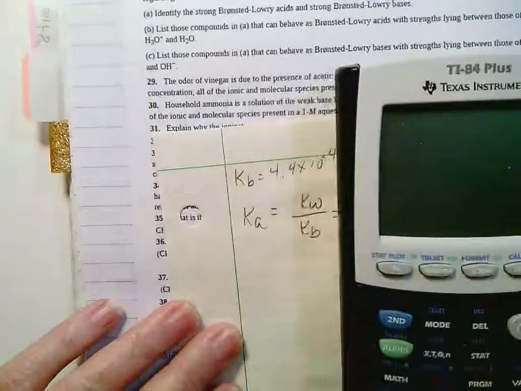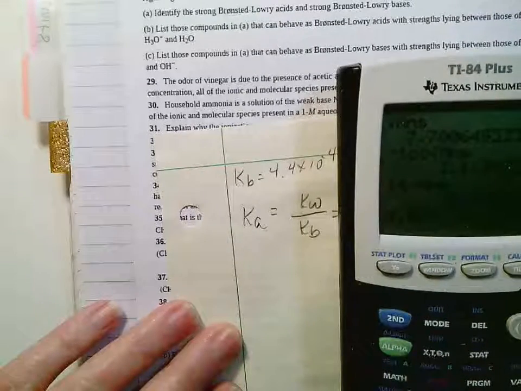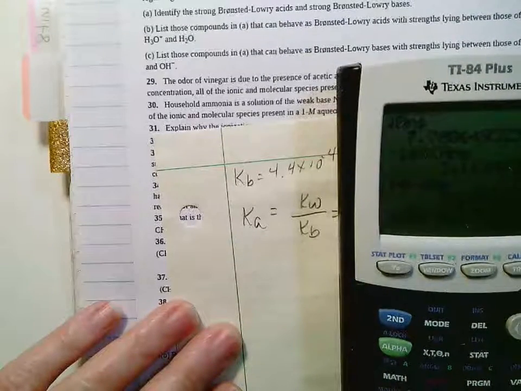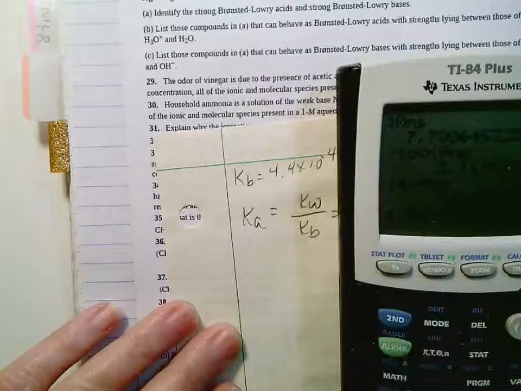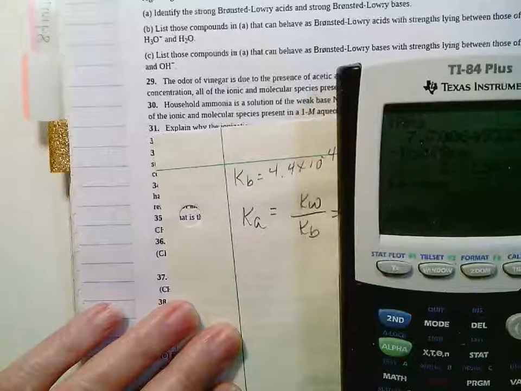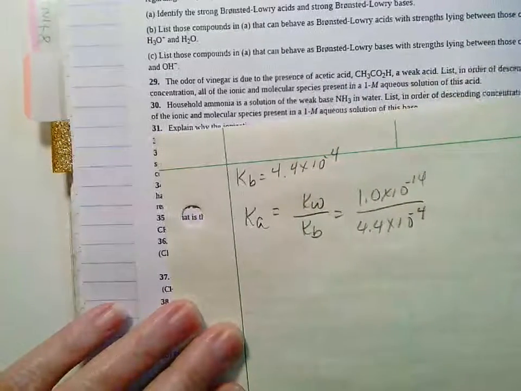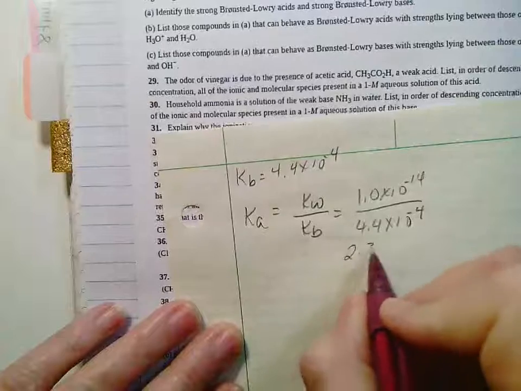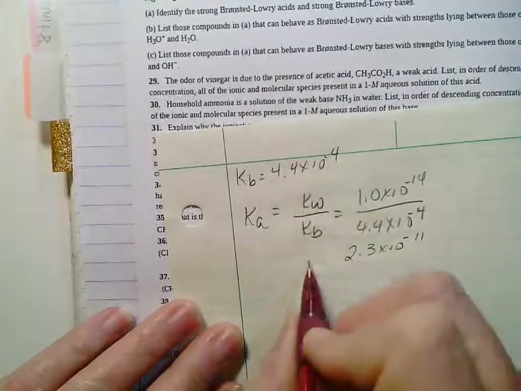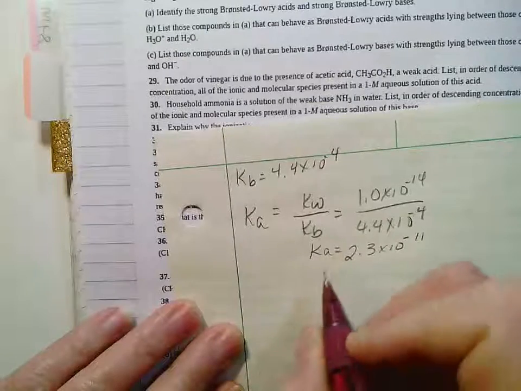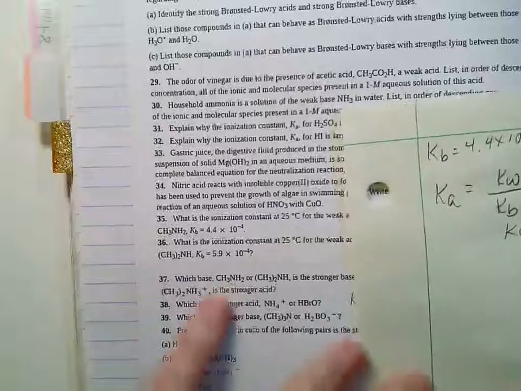And so 1.0 E negative 14 divided by 4.4 E negative 4 equals, and I get 2.3 times 10 to the negative 11th would be the Ka for this acid,